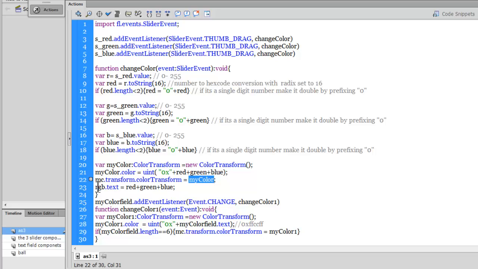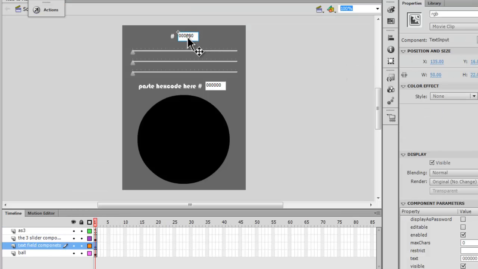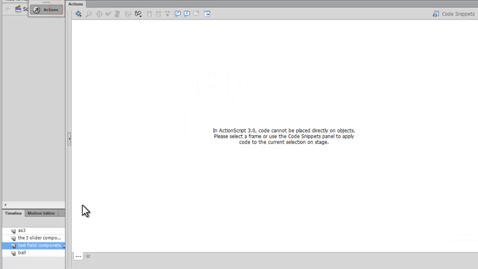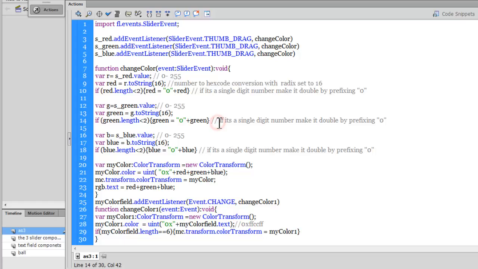And then in the text field outside RGB, I'm displaying the hex code through the text property. This is the RGB text input component. It's going to accept this value. So this is the script that is available as a free download. In fact, the whole file is available as a free download from my website,